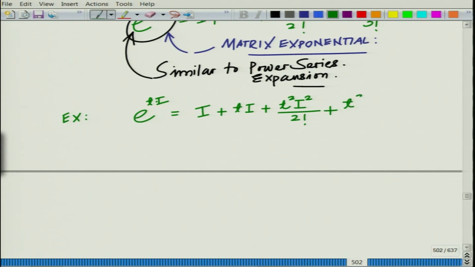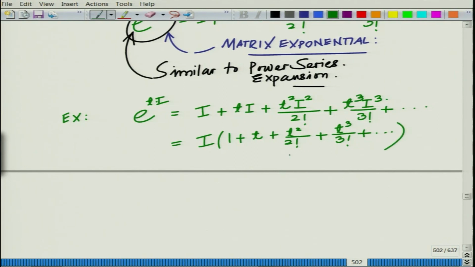Recall, I square equal to I, t cube, I cube divided by 3 factorial. I cube is also equal to I. So, this is basically I times 1 plus t square by 2 factorial plus t cube by 3 factorial plus so on,